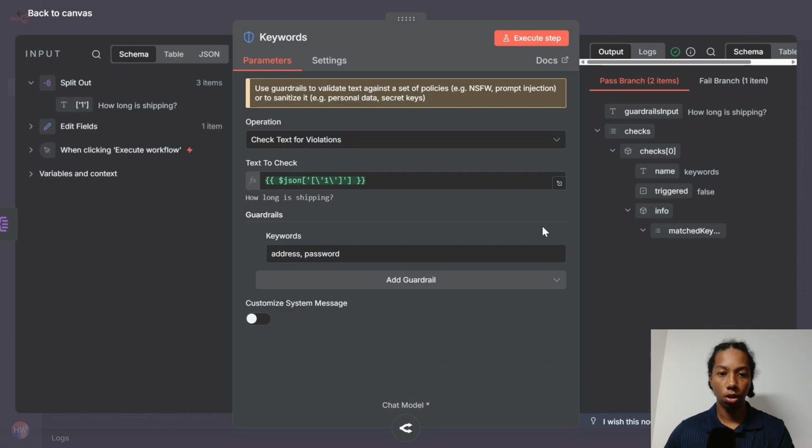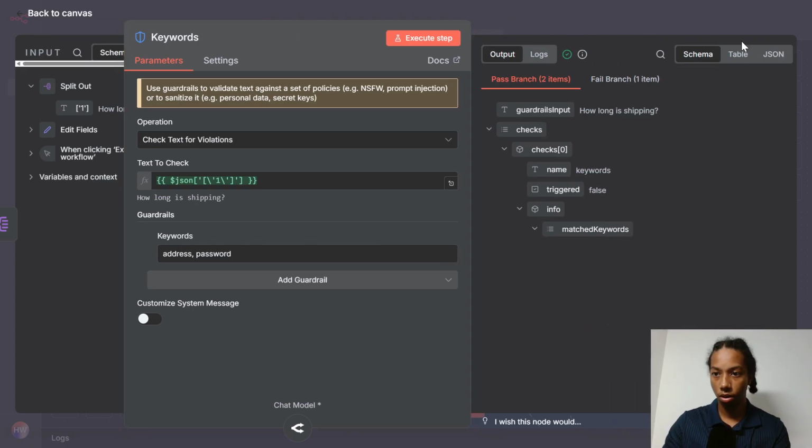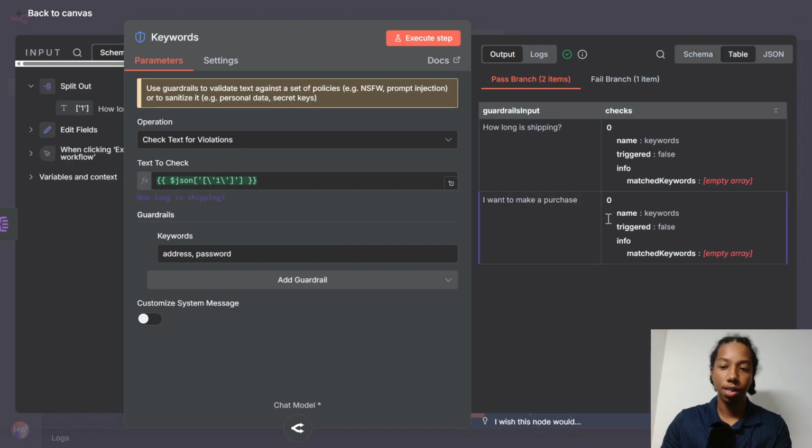And if we just open up the guardrail here, you can see that what we were doing was checking to block 2 different keywords here. One was address and one was password. And now if we take a look over here at the table, we can see that the 2 objects